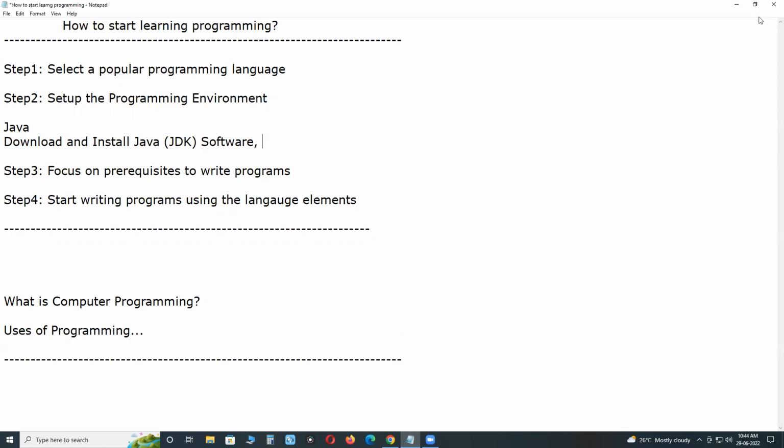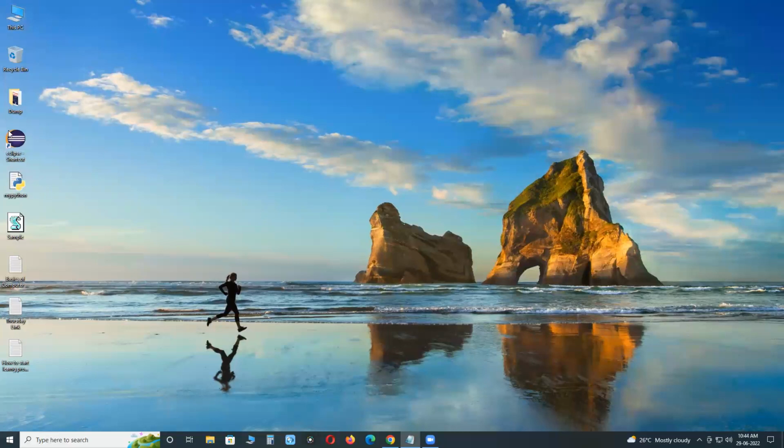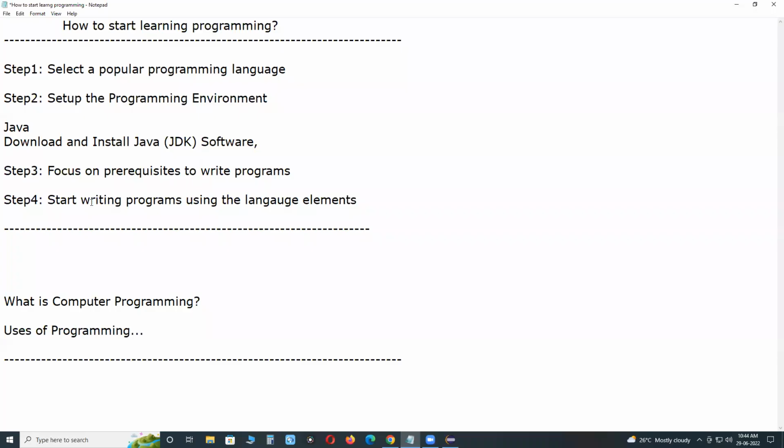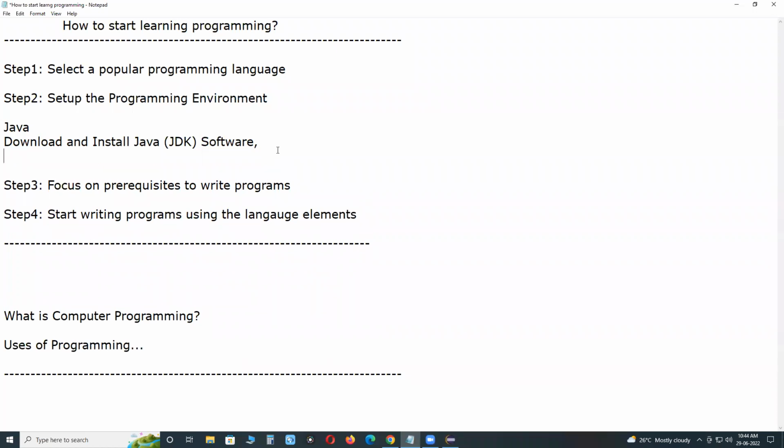For that, you need to download and install Eclipse IDE, then you can start writing programs. See, Eclipse IDE. Download and install Java software.